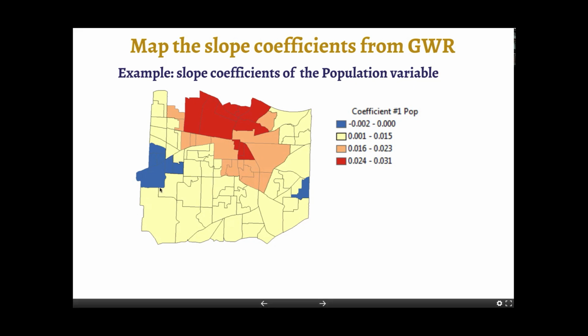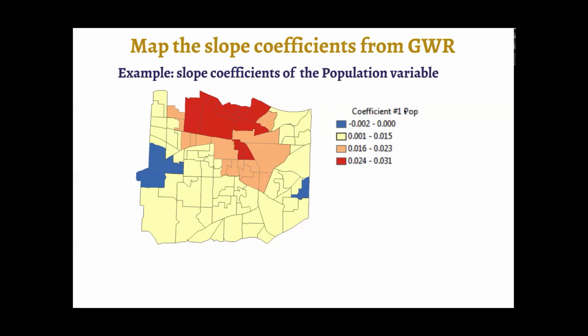So in this case, you can see there are several blue locations, blue census tracts in Portland. And those are the only locations with a negative relationship between your Netherlands cows and your population variable. So that's actually interesting, because remember, when we ran the global model, the population variable was only positive, right? Because for the global model, you get only one slope coefficient for each variable. And that was positive, and that was exactly what we expected, because we do expect when there are more people, there will be more Netherlands cows with more incidence and all this related